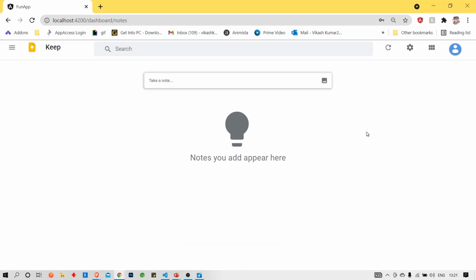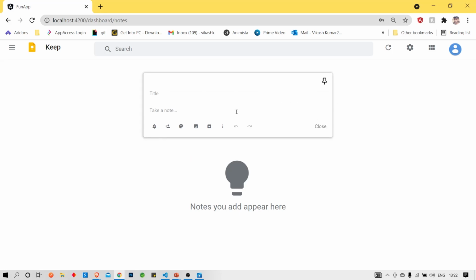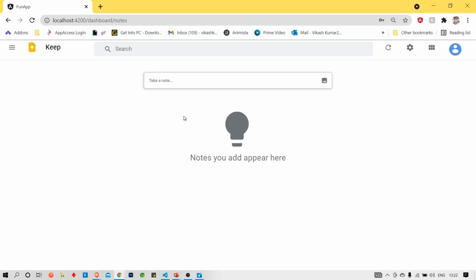This is the dashboard. I think we have seen Google Keep also. Not exactly, but I have tried to make it look the same. The functionality will be the same in each and everything. You can see that this one is there, same as in Google Keep also. If we click here, a pop-up will come just like there, and if we close it, it will close the same way.